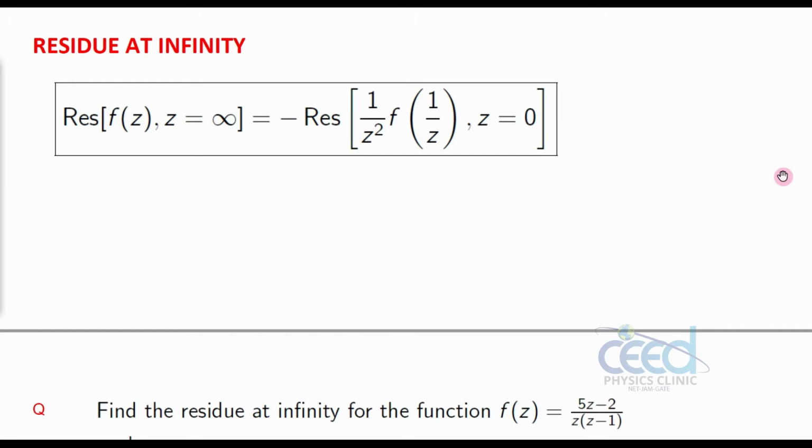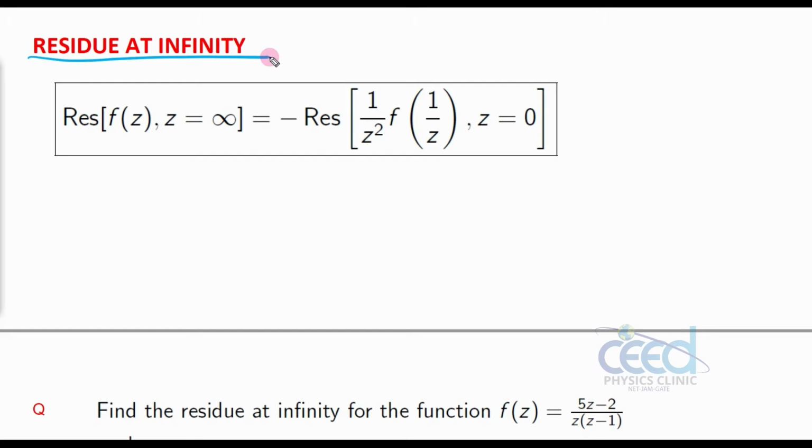In the last lecture we have seen residue calculation, right? We have studied how to calculate the residue of a single pole, and of a pole with order more than one, right? So higher order poles were covered. Here today we are going to discuss how to calculate residue at infinity.